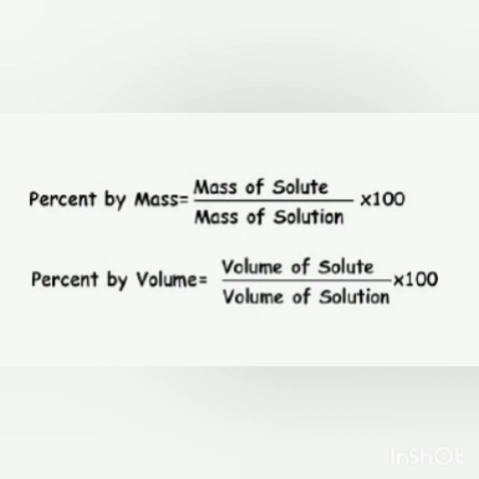Now, what do you mean by mass? It means when solute and solution are present in mass, or they are present in volume. Is it clear to all of you or no? What is the meaning of mass and volume? Please just see it in the slide. So percent by mass means what? The mass of the solute and the mass of the solution, and the units will be grams. And percent by volume, when the solute is in volume and the solution is also in volume. Understood? And it will be in liter or milliliter.